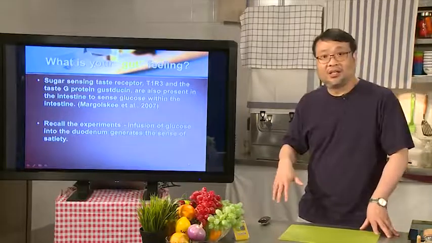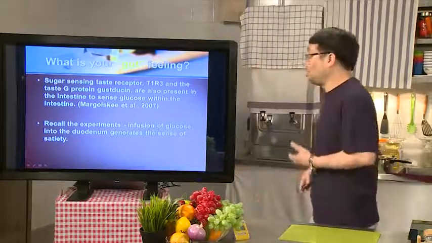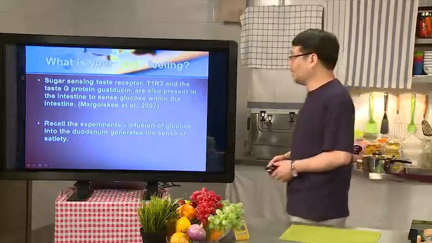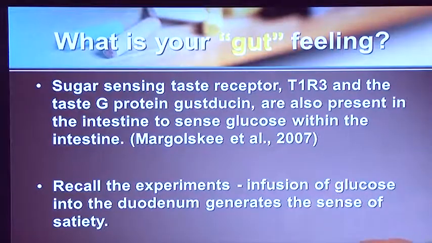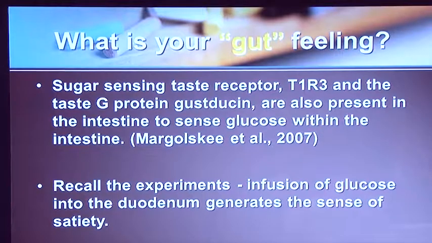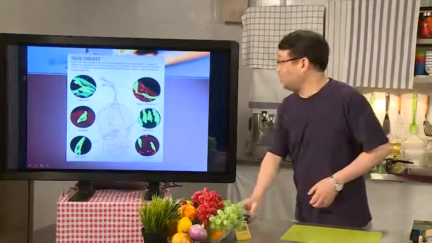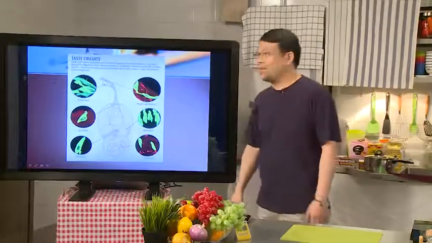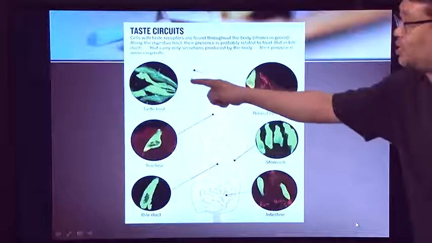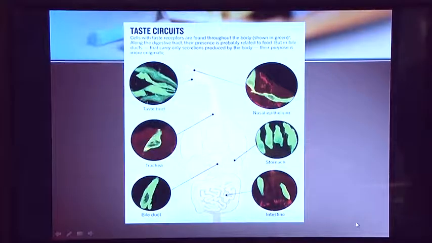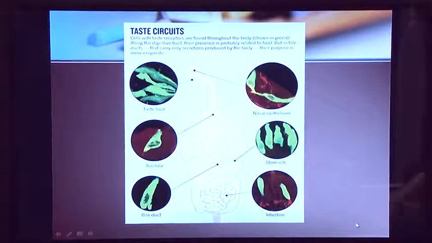In our entire intestinal tract, there is also this receptor present. You recall that we talked about sensing fullness after eating a meal. In experiments with animals, we can inject glucose into their duodenum, and they can still feel the fullness. So somehow there must be a relationship. So in real life, when we look at where this particular receptor is expressed, we find that it is expressed in the taste bud. That means your taste bud has the receptor to sense sweetness. But it is more than that.